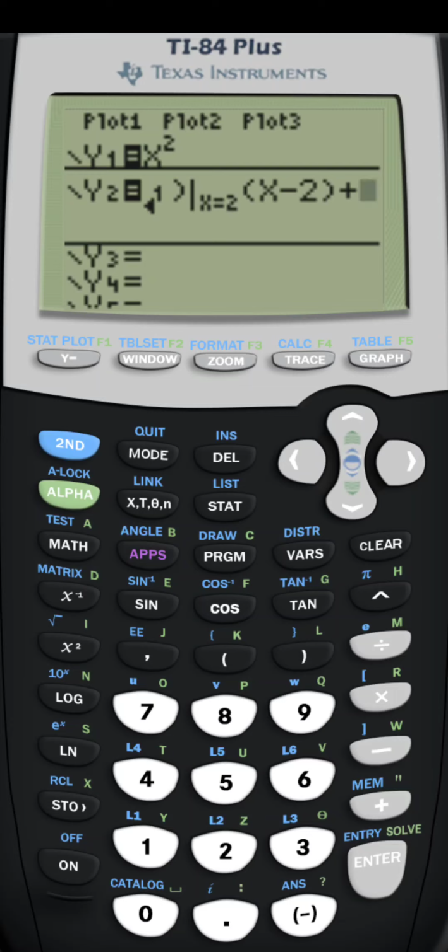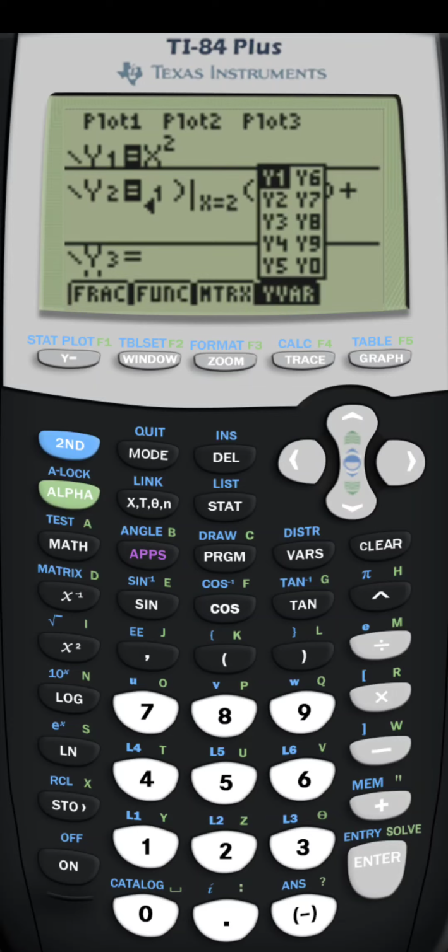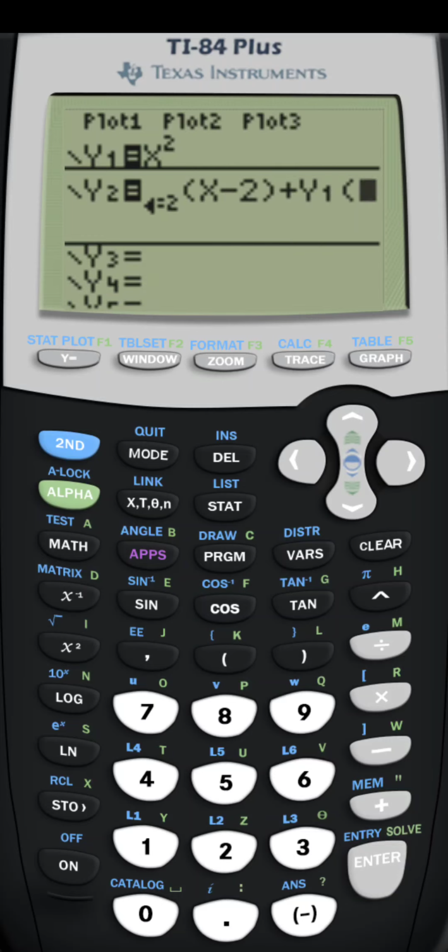And let me show you another way to access it. So if you hit alpha F4, it brings up this y var menu where you can just quickly access it. So I'm going to select y1 here, and I'm going to pass in, so use some parentheses here, a 2. Because I want the value of the function at 2, right? We're looking at the derivative at 2. So this will calculate the derivative, and more specifically, it'll give us the equation of the tangent line at x equals 2. So now if we graph,